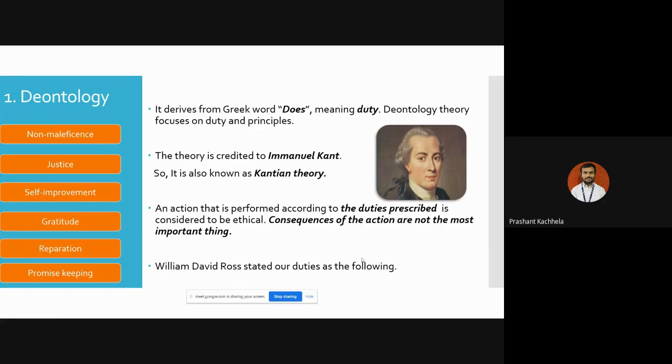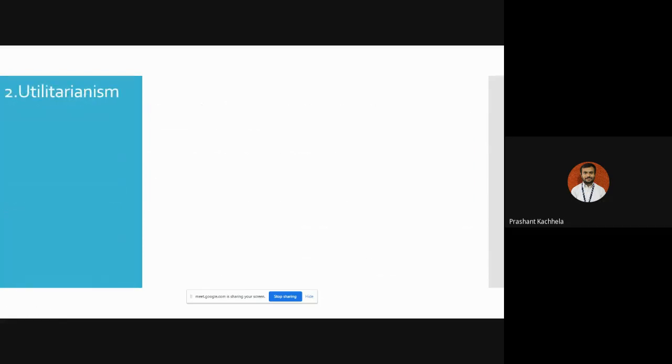Now, if we go for the second theory, the second theory is utilitarianism. Yeah, I know it is difficult to pronounce, but by practice you can do it. So utilitarianism is the second theory. It is also known as consequentialism. So by this also you can remember this theory. By name, you can definitely get to know the idea behind this theory. Here, deontology was mainly focusing on particular duty, no matter what circumstances are there. But this consequentialism is focusing on circumstances, on the consequence of the action.